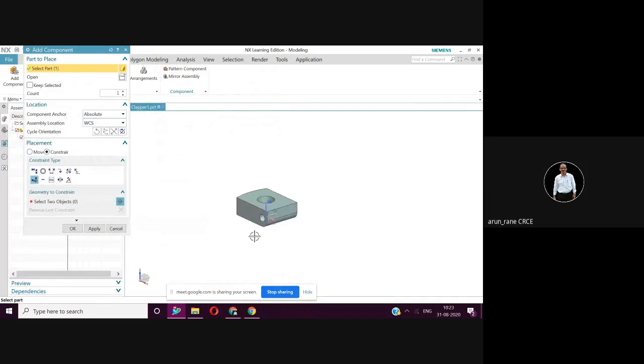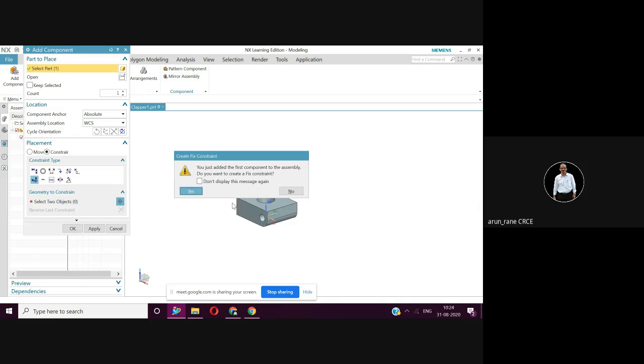So this is my mother component, on which I'll go on adding components. Say absolute assembly location is work coordinate system and say okay. So you just added the first component to the assembly.